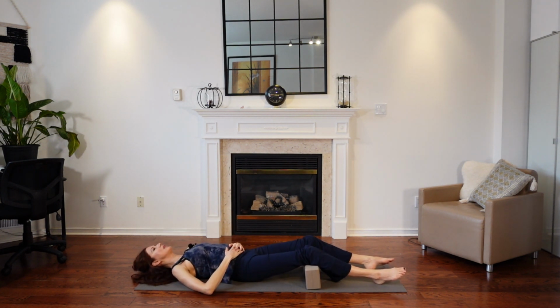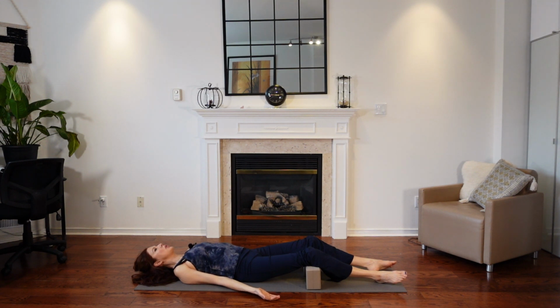Let's take a minute here. A deep breath in and out. Let's let our hands up into receiving mode. Taking this minute or this moment to give thanks and gratitude for everything that you do have in your life. Think about the things that bring you joy, the people that make you smile, the experiences that you've had that have been positive,